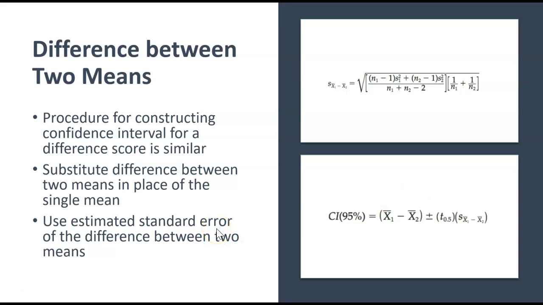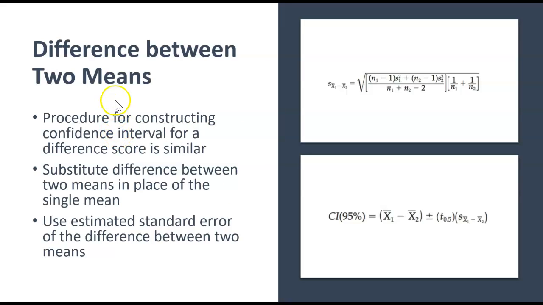Now, if you're looking at the difference between two means, and when I look at a formula like that, my not gifted at math self kind of goes, I wish I had an ice pick and I could stick it in my eye right now. But really, if you look at the individual pieces of the formula, they're not complicated mathematically. Your goal is to really understand what we're doing in a broad sense, as opposed to being able to do the math of it